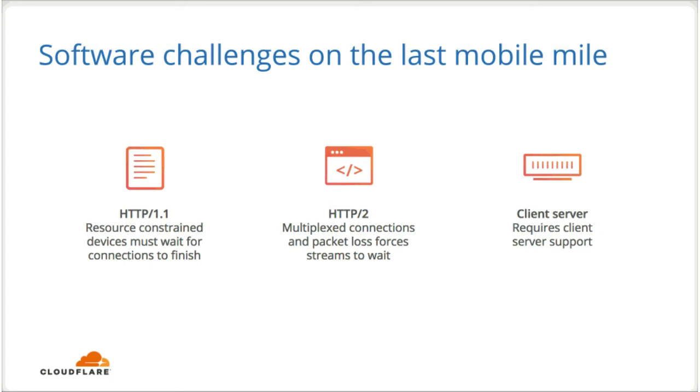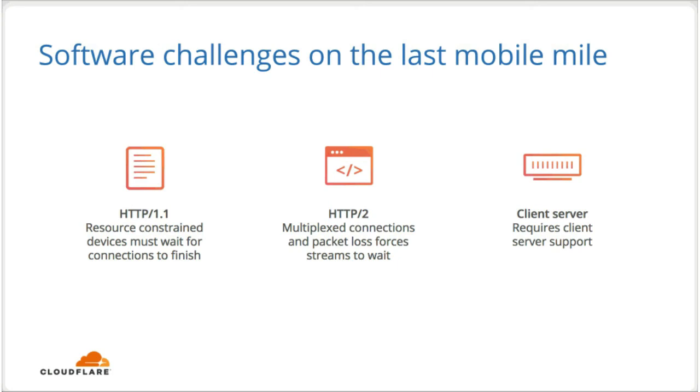HTTP2 alleviates this problem by having multiple requests for the same resource on the same domain share that connection. So instead of having to create multiple connections on a device that is resource constrained, you can now share connections. But even HTTP2 has some issues. For example, every single request to a different host must have its own connection. So if you're making a lot of requests to different endpoints, one for images, one for API calls, then you're still making a lot of different connections that you may